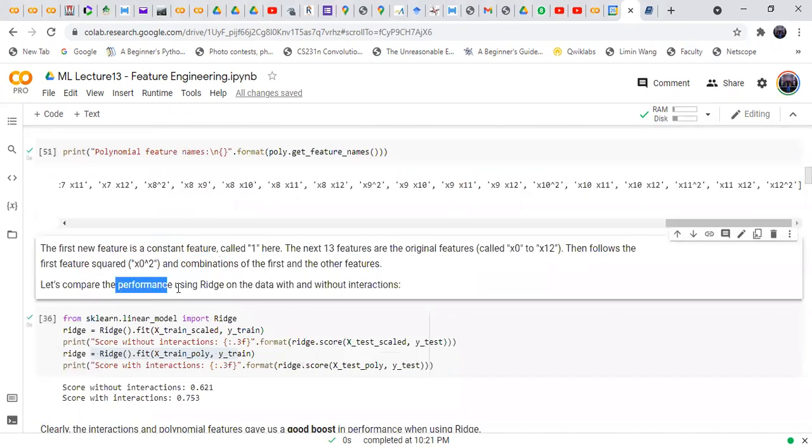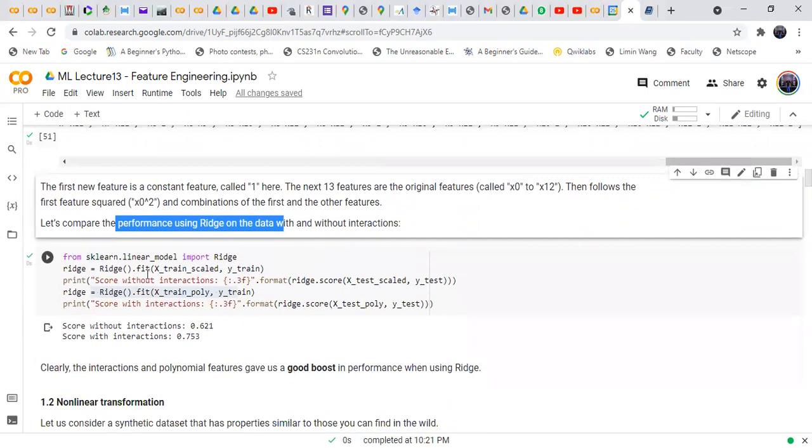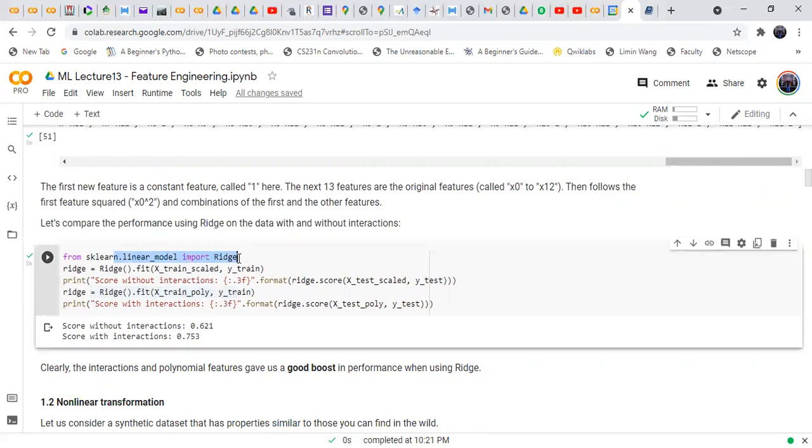Let's compare the performance using ridge on the data with and without interaction. Without interaction is the original features, and with interaction is the polynomial or combination of features. Here we import the ridge regression model from sklearn, and then fit this ridge model on the scaled data and polynomial data, and run this piece of code.